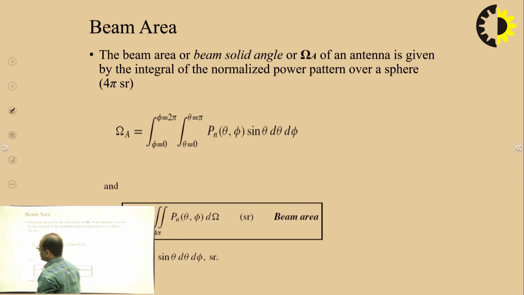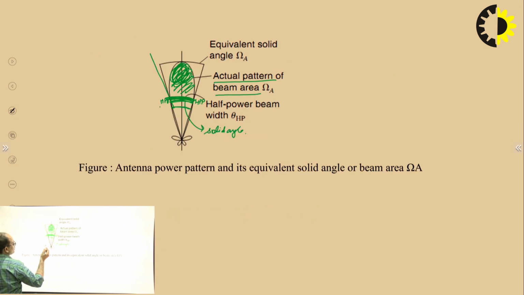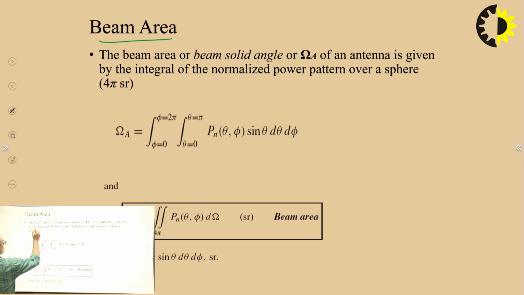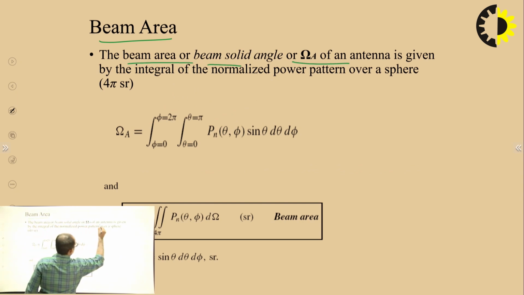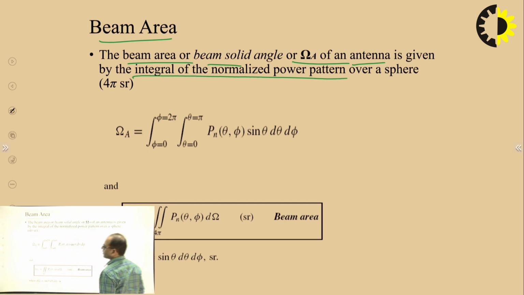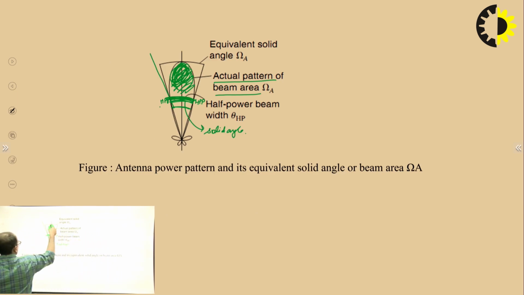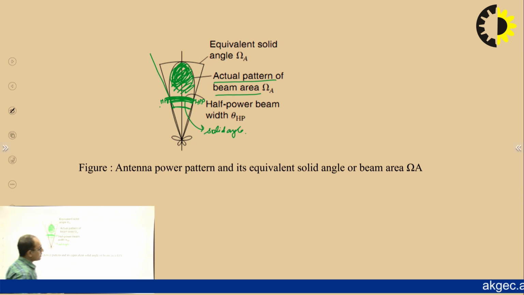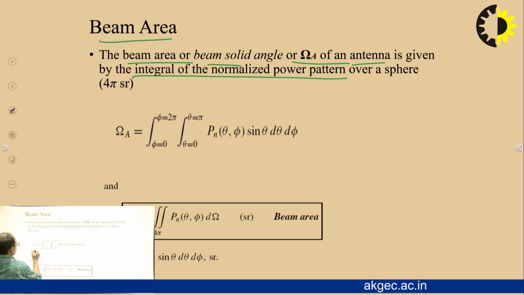Now next, if I want to define the beam area in terms of the power pattern, I have already told you this is the beam area over which the power is radiated, maximum power is radiated. So the beam area or the beam solid angle of an antenna is given by the integral of the normalized power pattern over a sphere. How much normalized power is integrated over this sphere, over which the power is radiated, is the beam area. So the beam area can be represented as